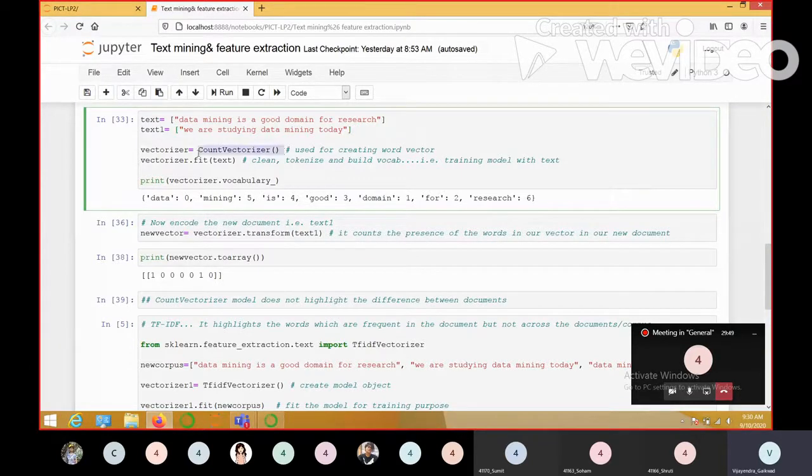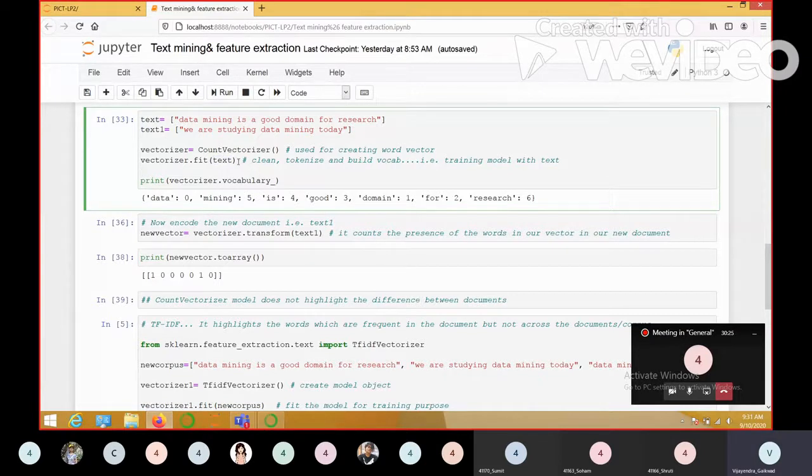We have created an object of the count vectorizer class, the count vectorizer model. Whenever we fit this particular model to our text, that means we are training our vectorizer model with the given text which is present in our document text. Understand this.